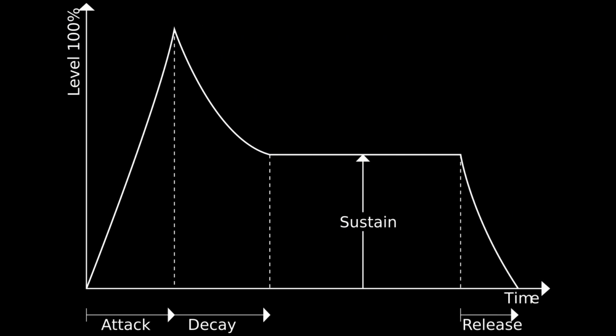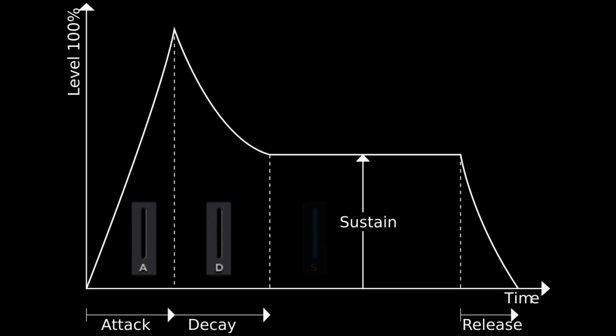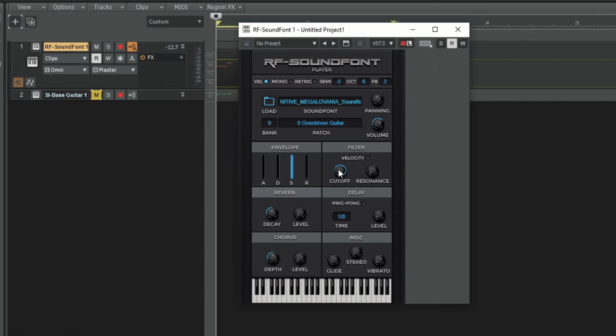Yeah, thanks, man. Anyways, the attack is basically how long it takes for the sound to reach its peak, and then the decay is how long it takes for it to reach the sustain. And the sustain is just the main level of audio when the key is being held. And the release is how long it takes for it to go from the sustain to 0 after the key is released. There's the filter,